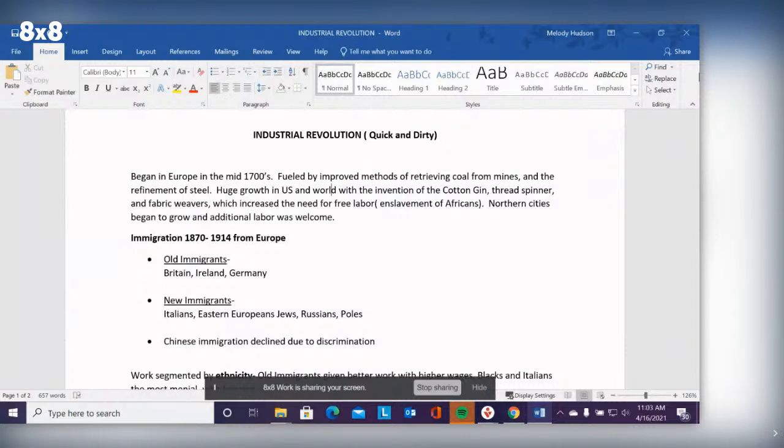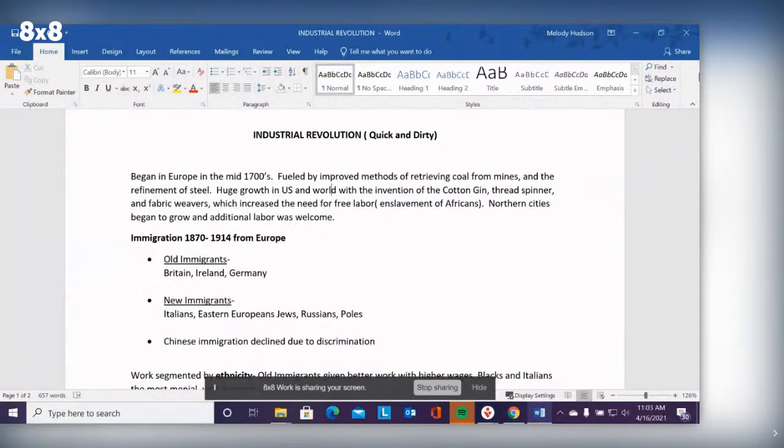And so northern cities began to grow because the world became more wealthy. Cloth was more readily available. Buildings began to be built with steel reinforcements in the cities. And so additional labor was welcome. So, what this led to was immigration from Europe